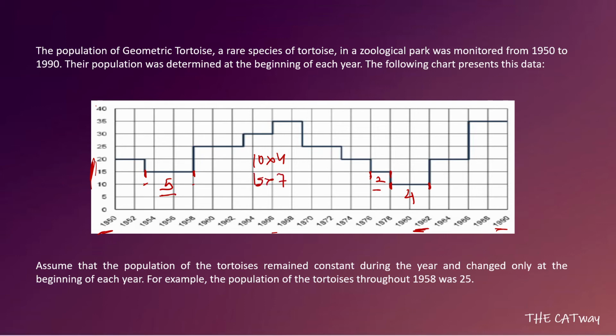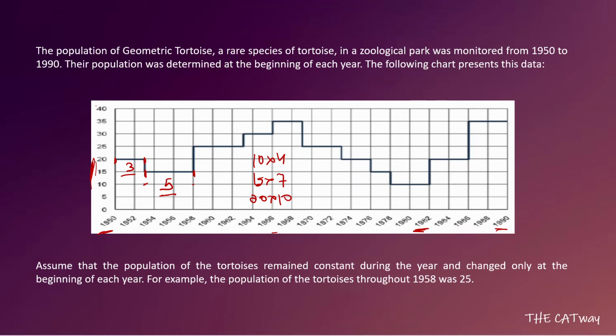Okay, after that we have to check 20. So 20 happened from here to here, that is 3 years. Then again 20 happened from here to here, that is again 3 years, so a total of 3 plus 3, 6. And then 20 happened again over here, which is 4 times. So a total of 4, 3, 7, 3, 10. So 20 happened 10 times. Okay, so till now this is what we have. Let us remove all this.